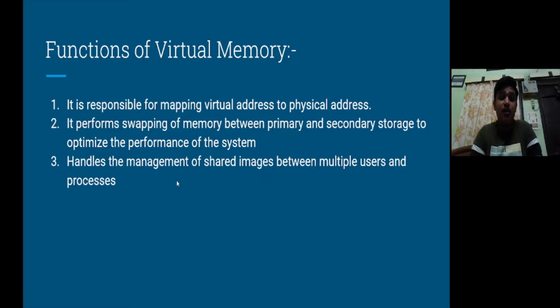Basically, let's say you have a process which requires 40 MB of memory, but our main memory only consists of 30 MB of space. So what we will do is divide it into pages, and we will move some pages in to execute. Then we will swap out the executed pages, and again swap in some pages that are to be executed. This cycle goes on, and this is the main function of the virtual memory.